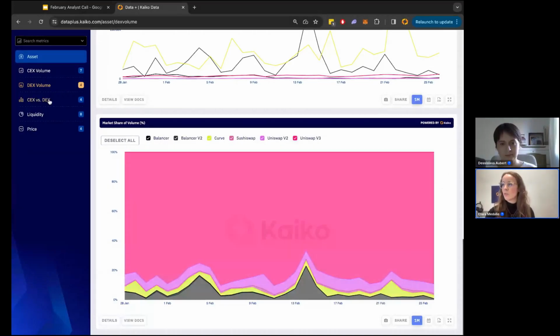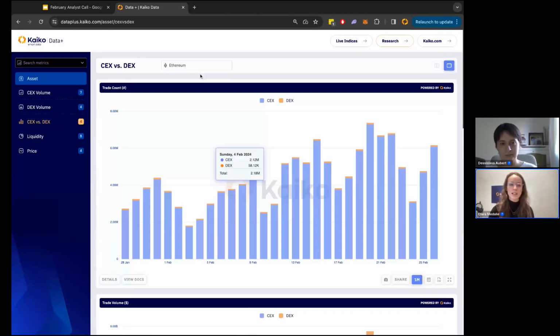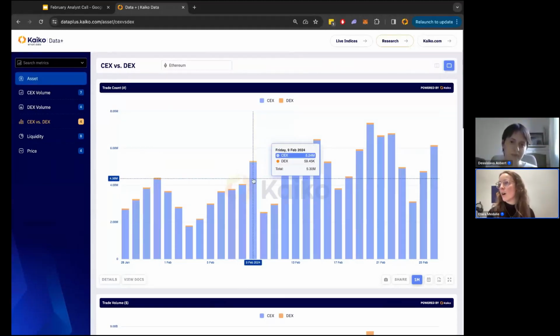So moving on, this one will be quick, but this is a comparison. This lets you compare centralized and decentralized exchanges. It takes the aggregated measure for both trade count and trade volume, and it lets you really see the difference. It's quite extreme for ETH. On any given day, there's only a couple 50 to 60,000 trades for ETH on decentralized exchanges compared to several million